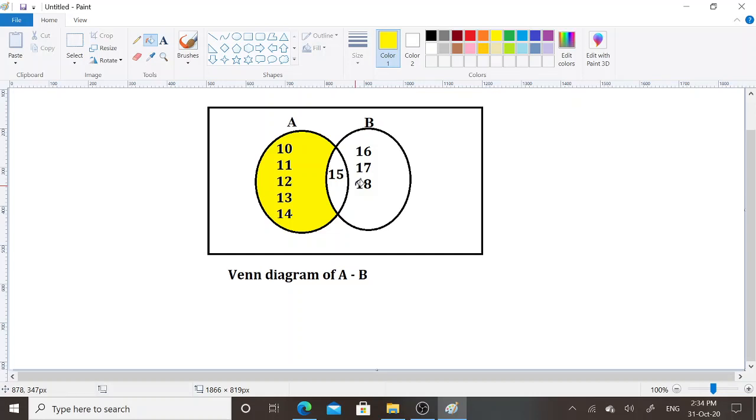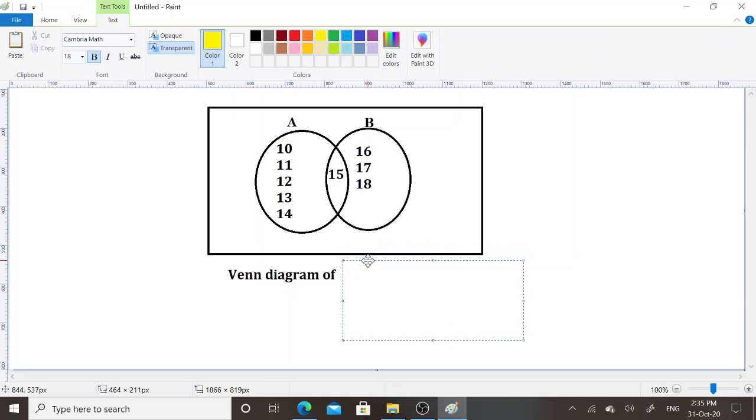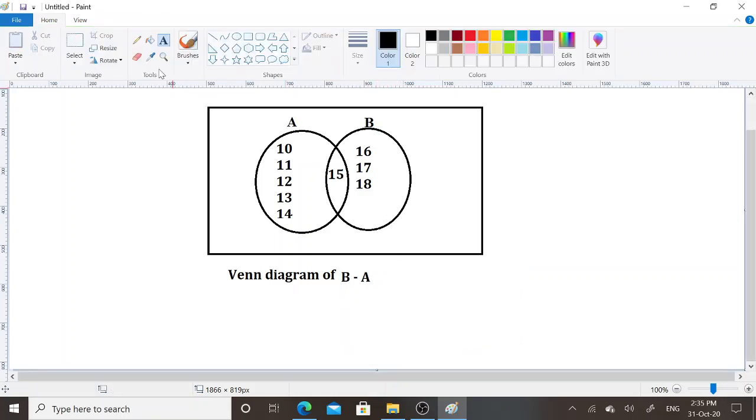Now if we want to draw the Venn diagram of set B set difference set A, here instead of set A difference set B, we will draw the Venn diagram of set B set difference set A. Now in this case only set B's portion will be colored.